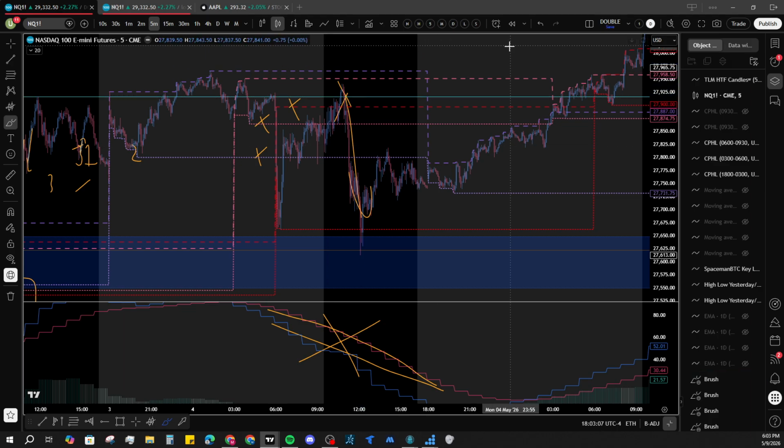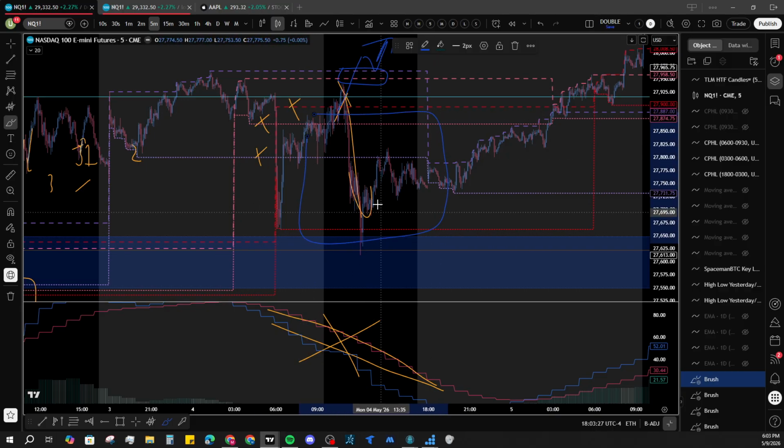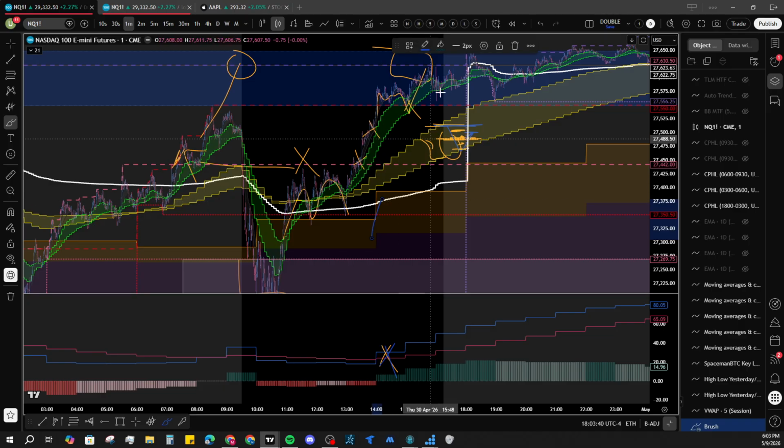And if sellers or buyers are just crushing the market, meaning if we get up over all these highs, there's no more highs left. Are we holding above it? Are we in a super trending market? Same thing with the downside. If we break all of these lows and we still just keep going lower, that's how I find out about a trending day. But then you have to also worry about